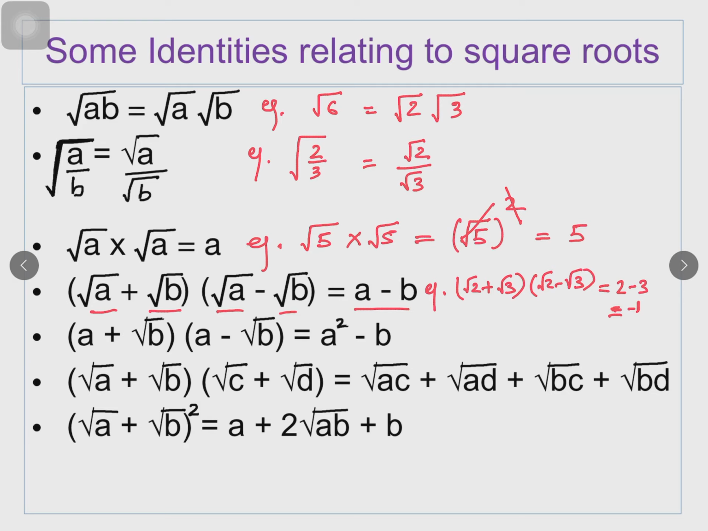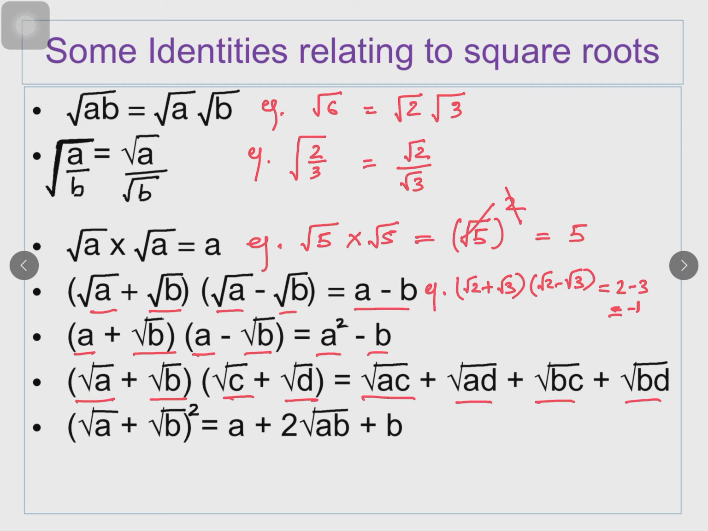Similarly, the next one is if you have A plus root B multiplied by A minus root B, the result will be A square minus B. And if you multiply root A plus root B by root C minus root D, the result will be root AC minus root AD plus root BC minus root BD. Okay, and the last one is